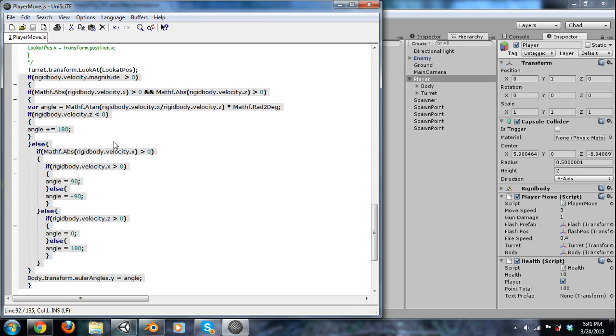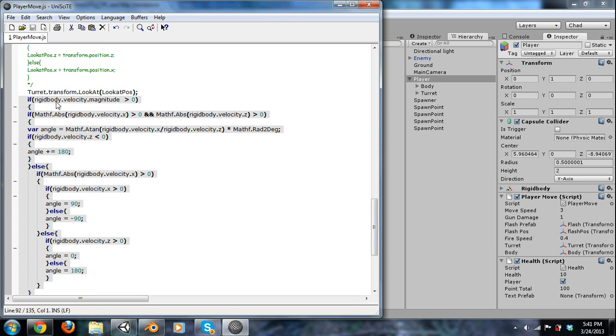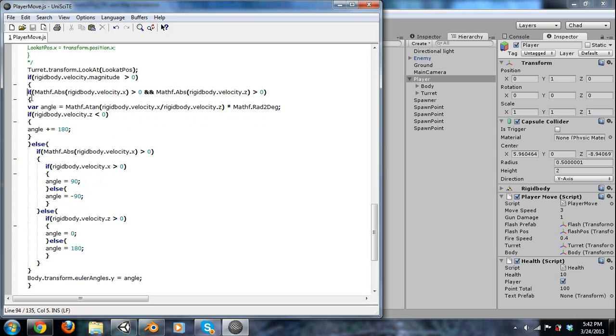So, one thing to note is if we aren't moving, if our velocity magnitude, which is if we're moving or not, is less than 0, we don't want to change our direction. We just want it to keep facing the direction it was facing and not keep going back to 0 or something like that. So that's what that does. Inside this, we have a couple functions. The first is if